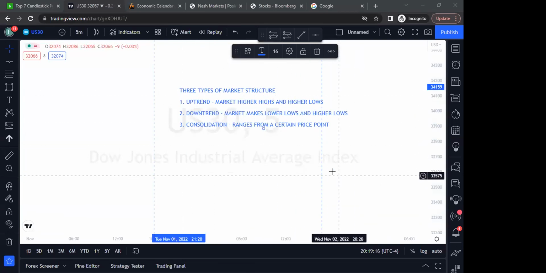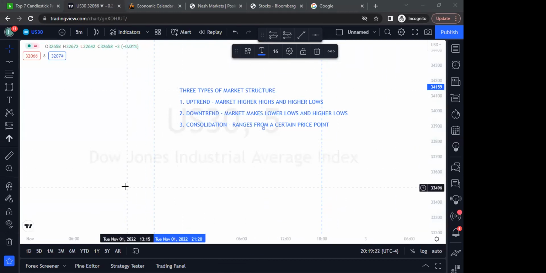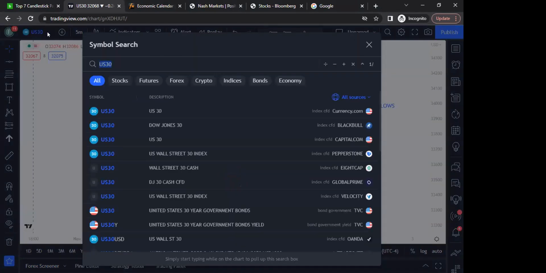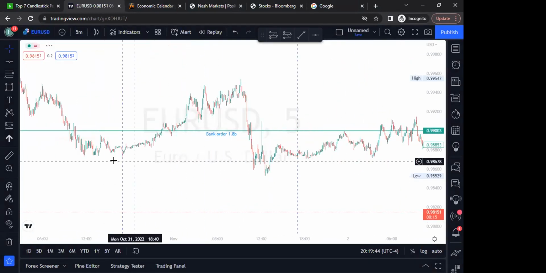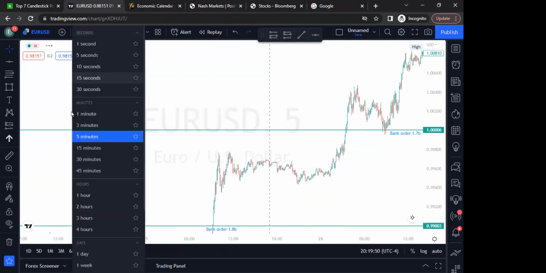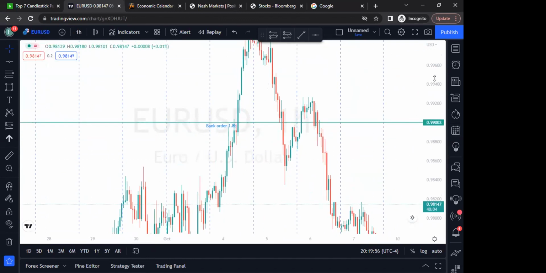These are the 3 types of market structures. And to give you guys a visual of this, let me go ahead and type in, somebody name a pair. Have y'all been looking at all the pairs on the charts, I mean, on the MT4s? Euro USD. Okay, let's do that one. Euro USD. Alrighty, so basically, let's just go back in time for a second. All right, guys, so basically,